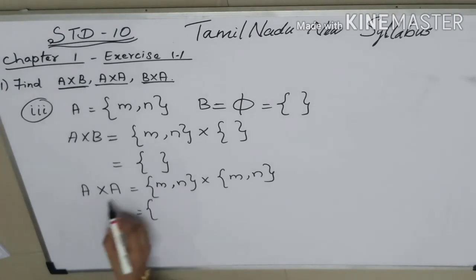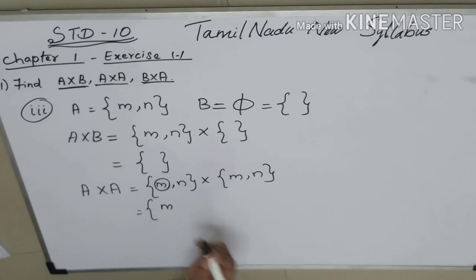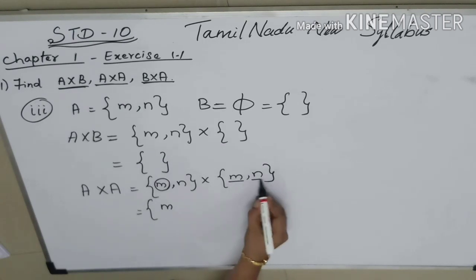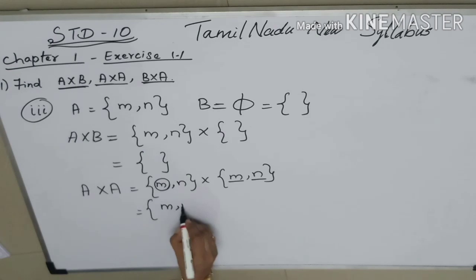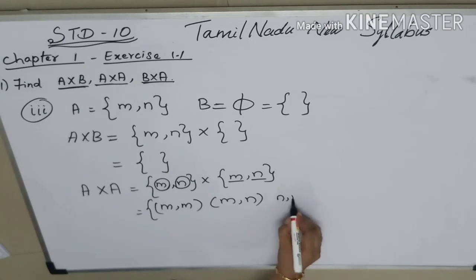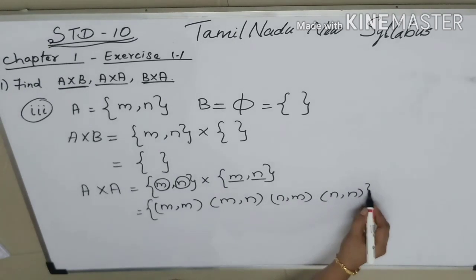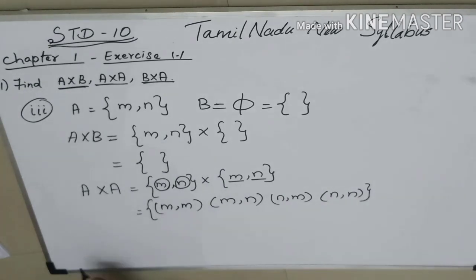So what is here? You have got all the elements, so you can write your Cartesian product. Okay, so A cross A you can write it. So that is first element in this A has to be joined with these two elements. Okay, so m comma m, then m comma n. Once you finish up with your m, go to your next element, that is n. So n comma m, then n comma n. So with this your second part is done.